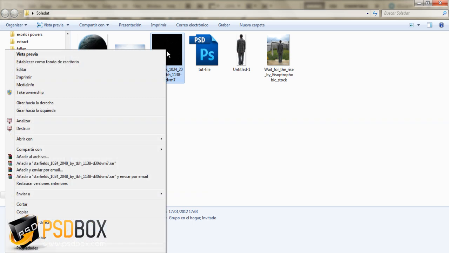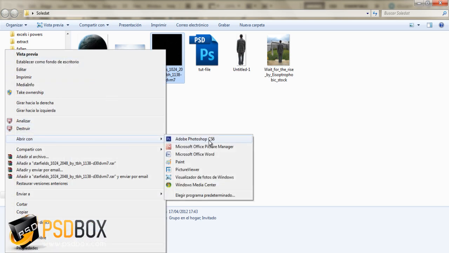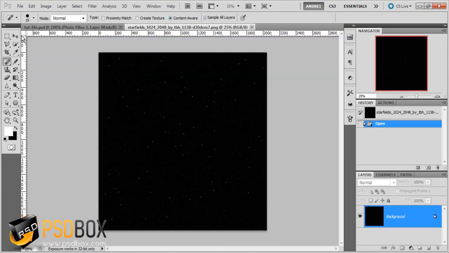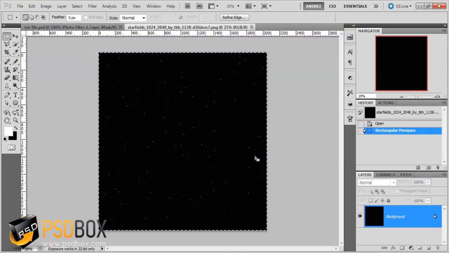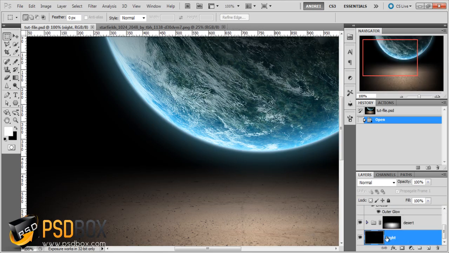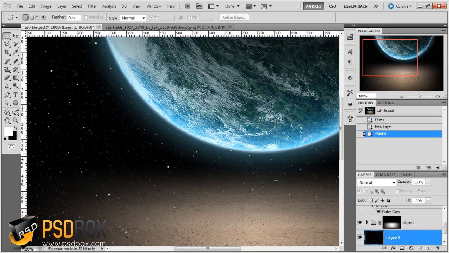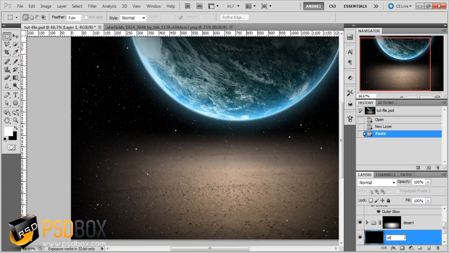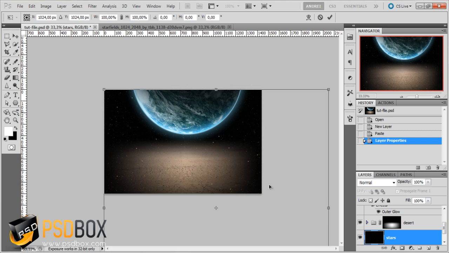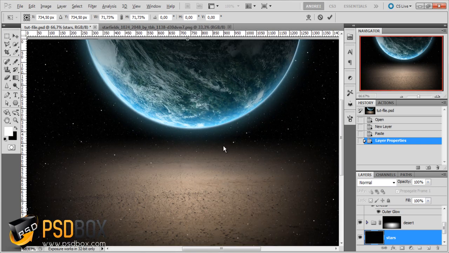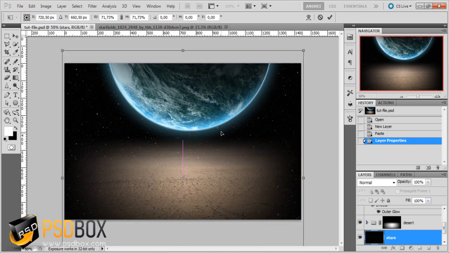And you can download this stock image from DeviantArt and select the entire canvas, copy it, and go to your night layer and create a new layer above it, and paste that stars layer there, and you can name this stars, make it smaller to fit your canvas size, and just like that,